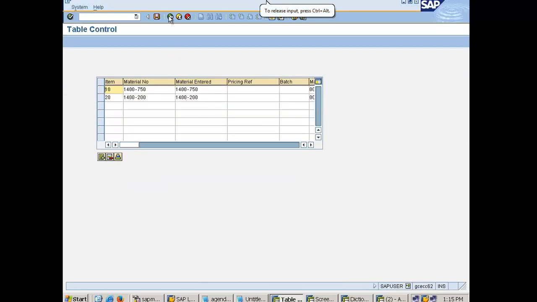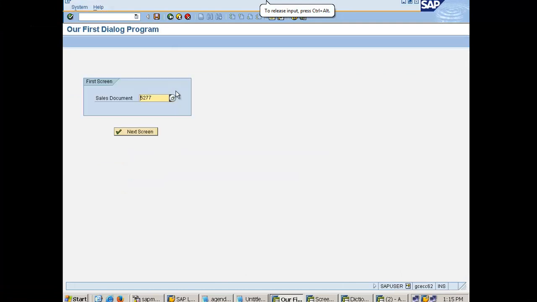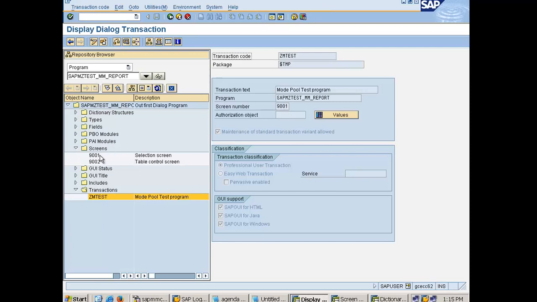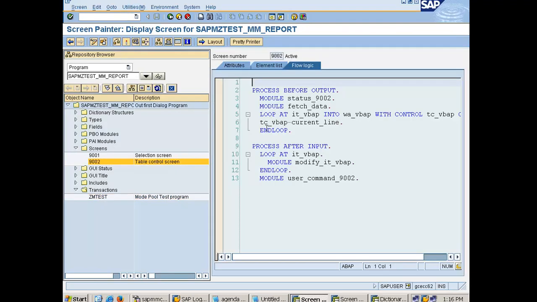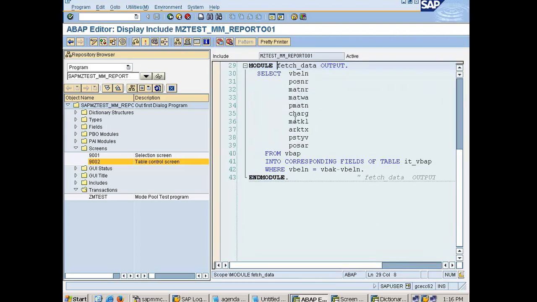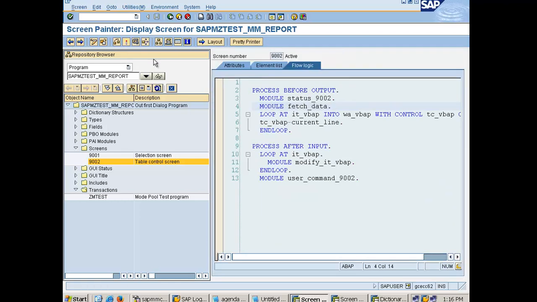Okay, so I got the problem. So what happens, as per our code, the moment it inserts the record in this internal table, the additional record, it again goes to the PBO of the screen and then fetches the data again from VBAP into the internal table, and that way it again switches it back to the original two records. So what we are going to do,